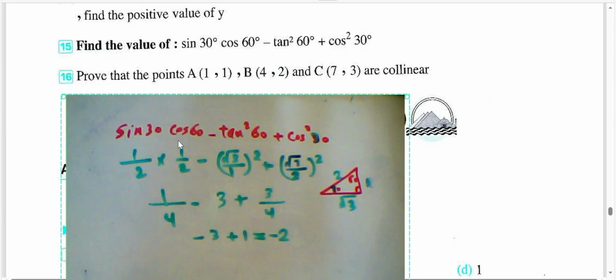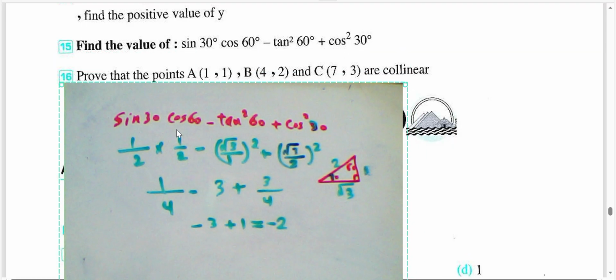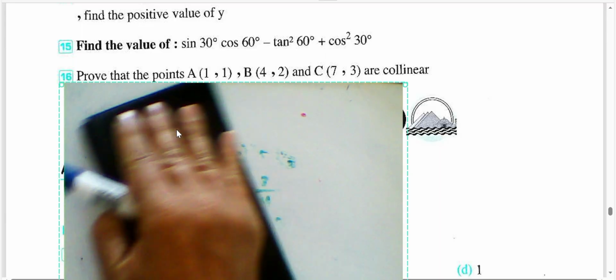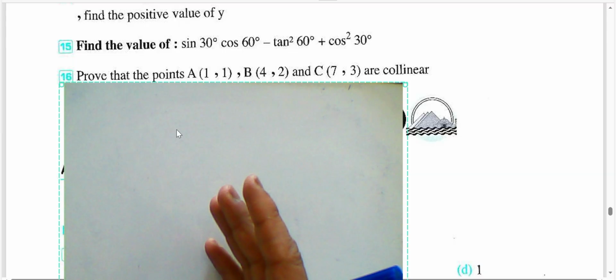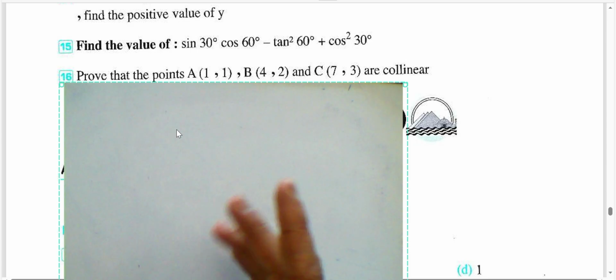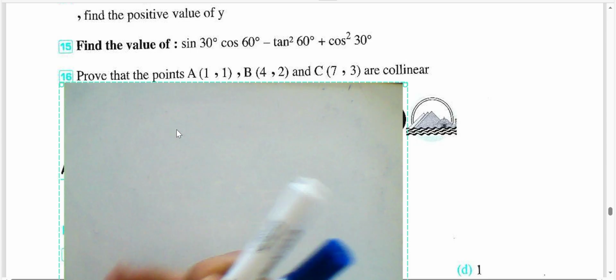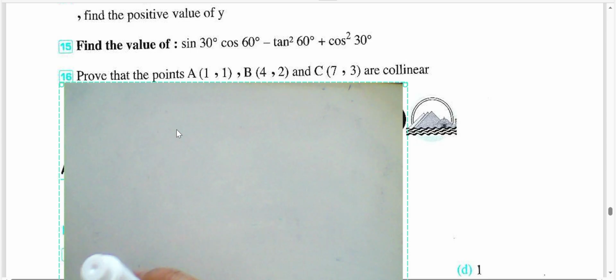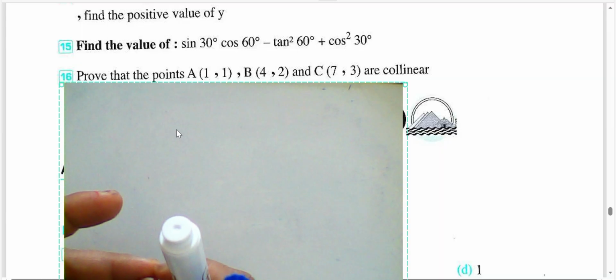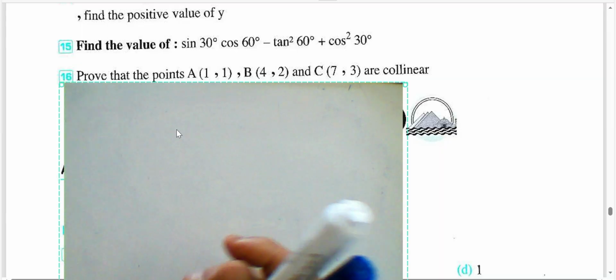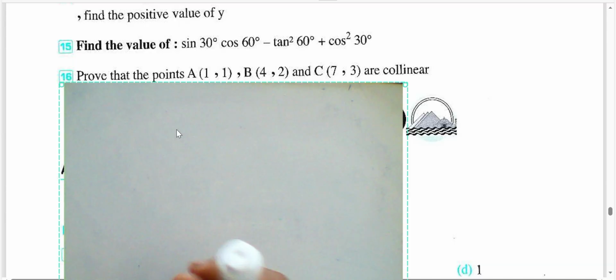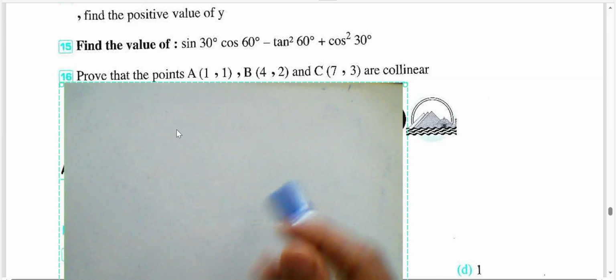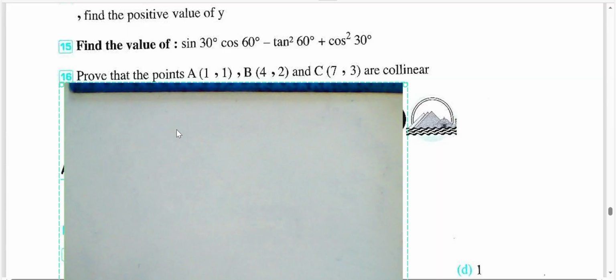It's the first question. Second question: prove that A and B and C are collinear. We can prove that 3 points are collinear by two methods. First method, you can find the slope of AB and BC, and if they are equivalent in the slope, then the 3 points are collinear. Or you can find the lengths of AB and BC and CA, and if you find the greatest length equivalent to the sum of the two smallest lengths, then we have 3 points lying on a line. So first step, I will solve it by finding the length of AB